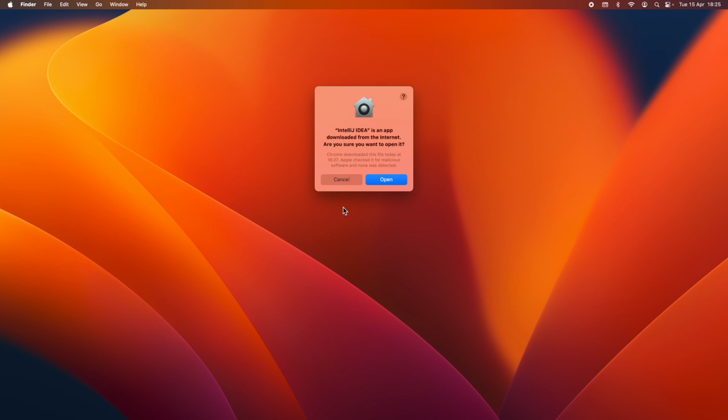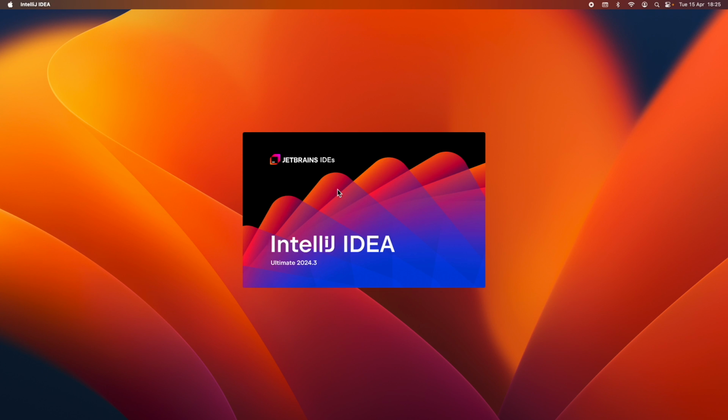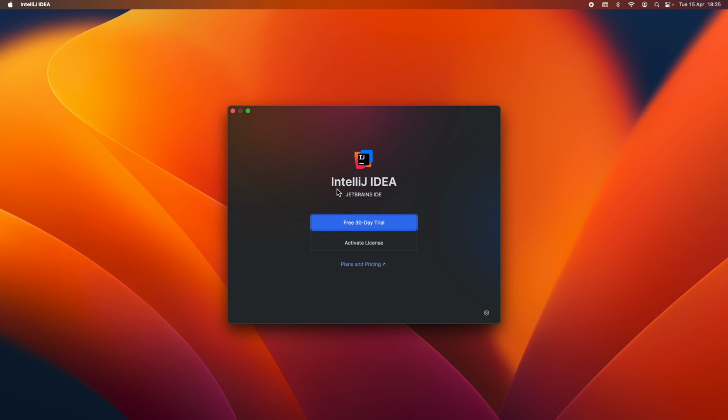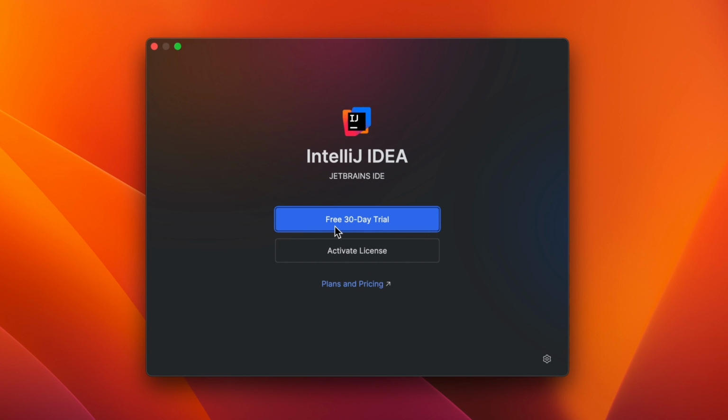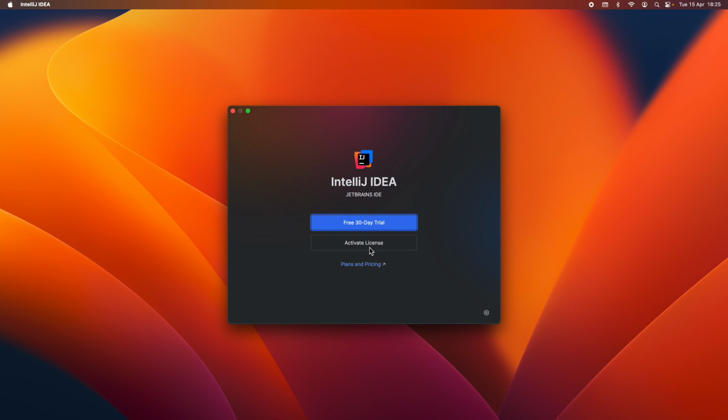Okay, the first time it asks, are you sure you want to open it? Click open. Here we go, IntelliJ IDEA free 30-day trial. So for the first time, I click the button free 30-day trial. If you have a license, you can click the button activate license. Okay, let me click free 30-day trial